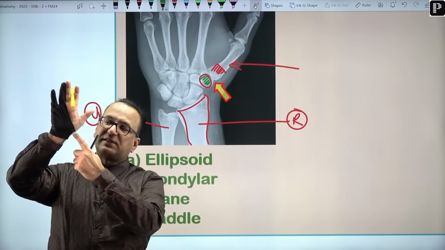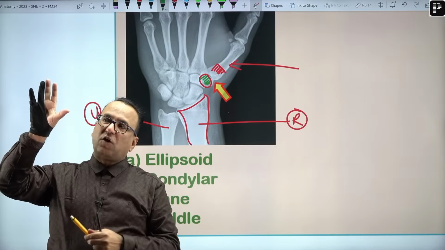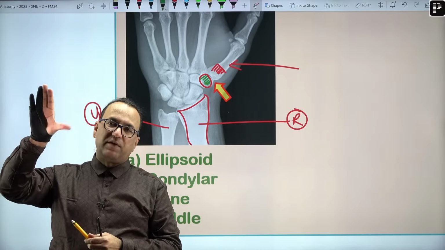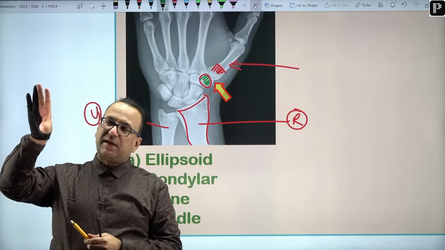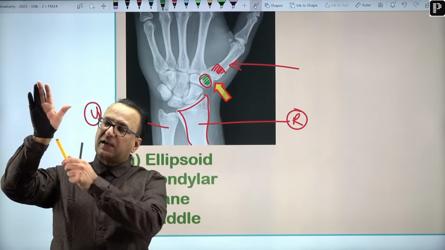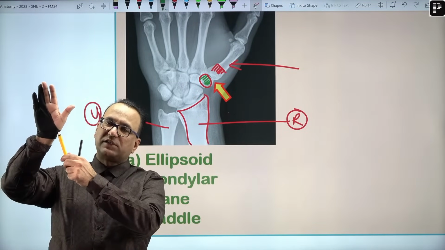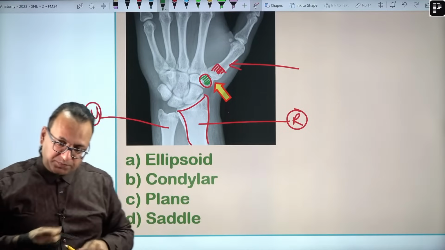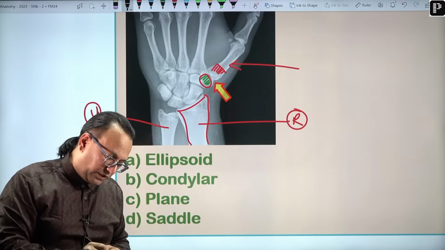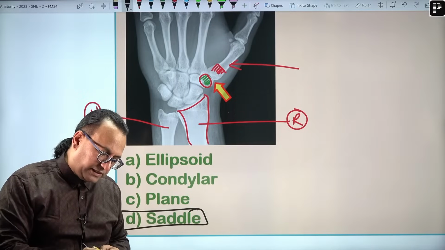And it is a multi-axial joint where you can do not only flexion extension, abduction adduction, but also circumduction. So multi-axial joints provide a lot of movements, especially this rotatory circumduction type of movement, and it is a saddle variety of synovial joint. So as we understand, the answer to this question will obviously be saddle, which is actually